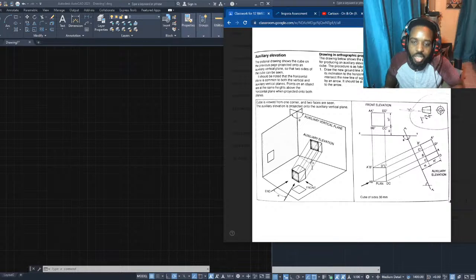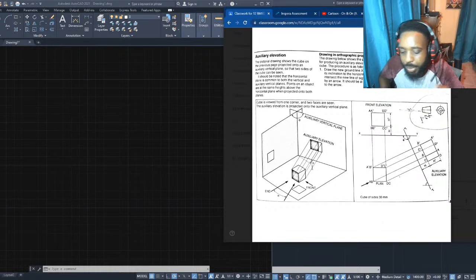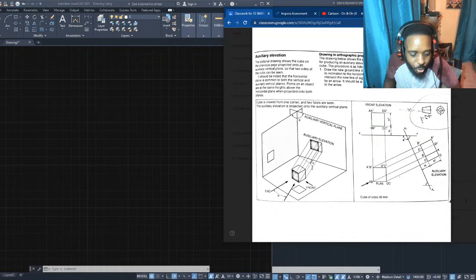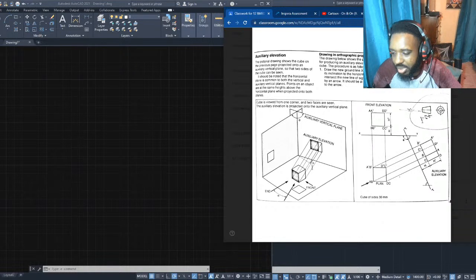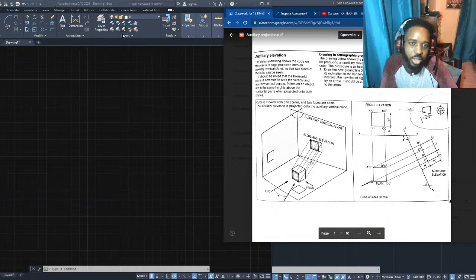So just follow me. If you're not used to auxiliary, no problem. It's going to be simple as we go. It's a type of pictorial drawing, and it caters to the different views of things. For example, to see the true shape of an object, you might not be able to when you're using regular orthographic, so you'll have to use an auxiliary view. So we'll start with this regular cube. Let's say the sides are 40, so we can start with the front view, just a cube with all the sides being 40.